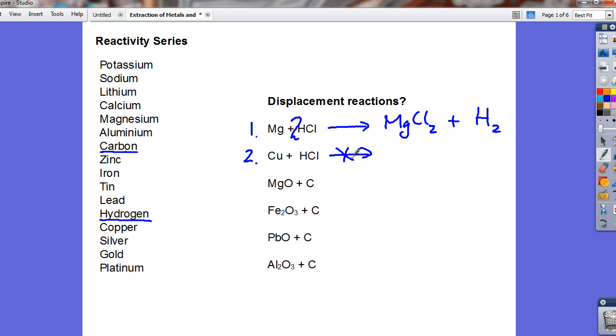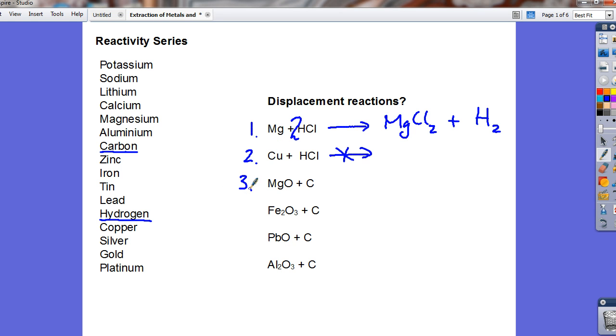Now, in an exam, they might ask you for predicted observations. So obviously, in number 2, nothing is going to change. But in number 1, you're going to see a colourless gas being produced. You will also see the magnesium metal effectively disappearing. It forms magnesium chloride, which is soluble, so the magnesium metal gets smaller. And applying these to a practical situation in the lab is very important. We as chemists can apply the principles of these reactions to